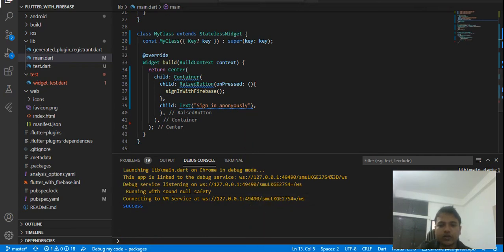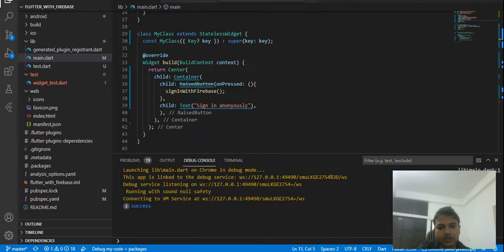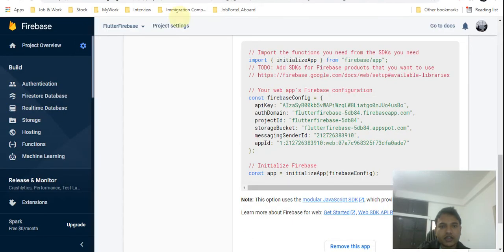As you run the code, it runs here easily, and whenever you click on it, a message comes with a success. One more time success will come, because it came earlier. We have to wait until the Firebase process happens and the result comes back here. Until then we can check it here.